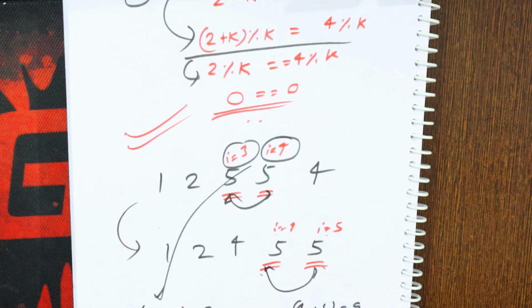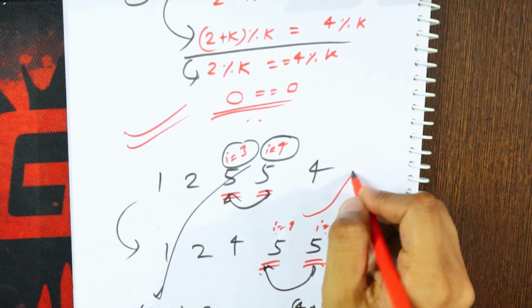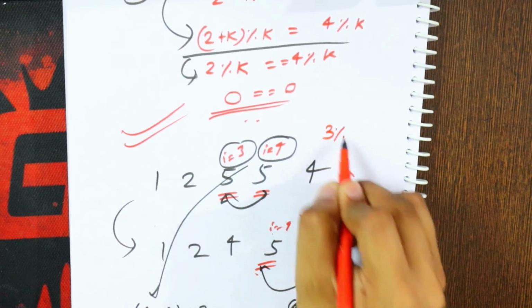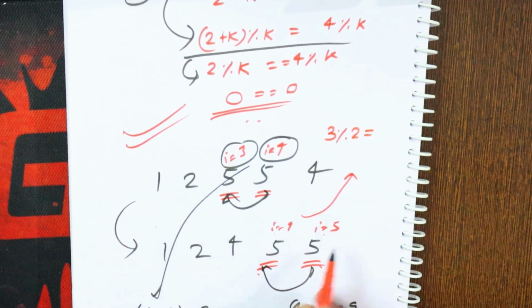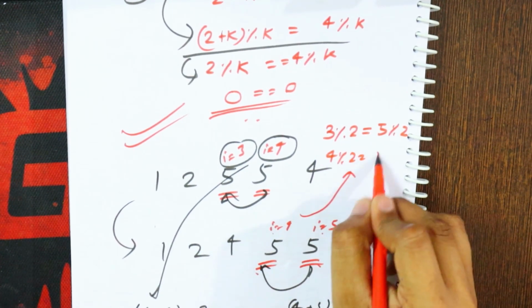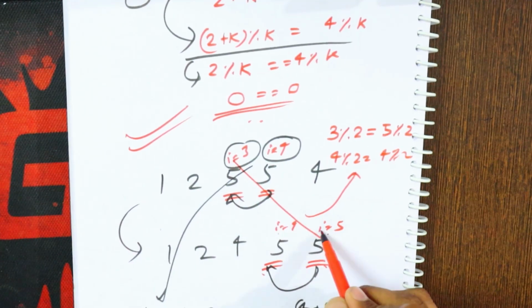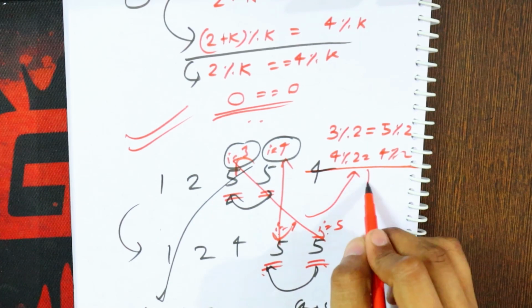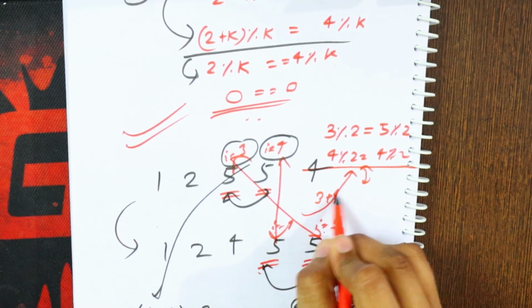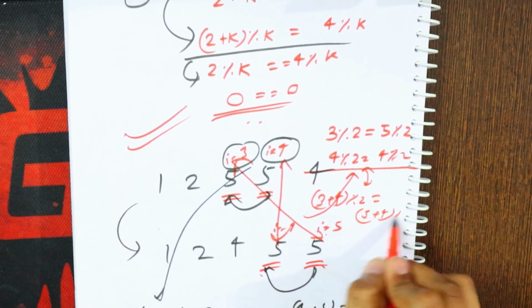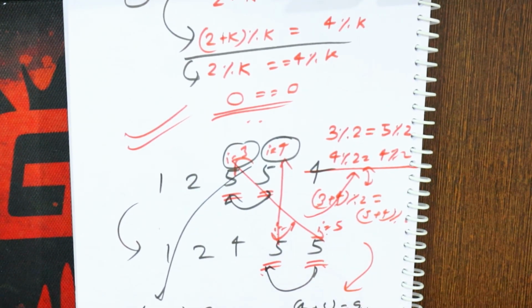Now see, what I wanted in the explanation is that 3 mod 2 should be equal to 5 mod 2, and 4 mod 2 should be equal to 4 mod 2. Understanding? I wanted to go here and I wanted to go here. So when I add both of these, I will get 3 plus 4 mod 2 equal to 5 plus 4 mod 2, which I wrote here.